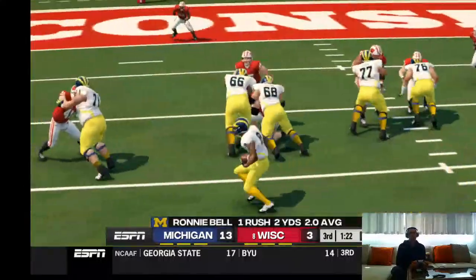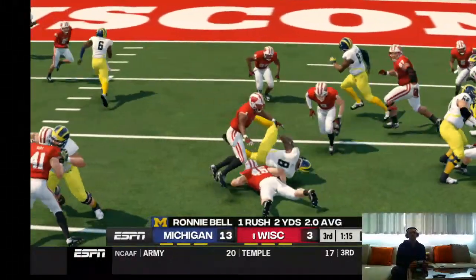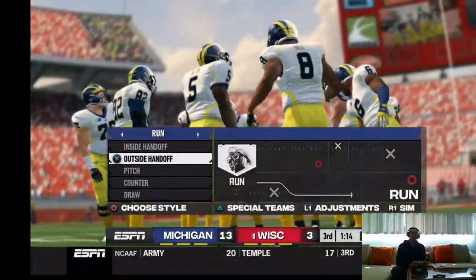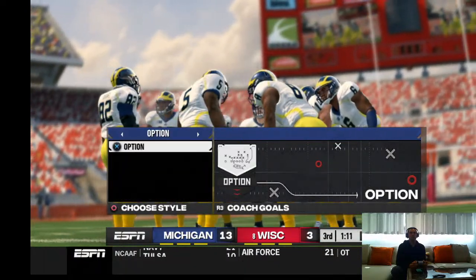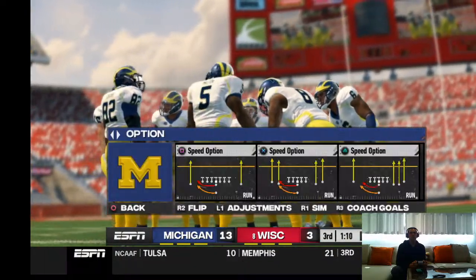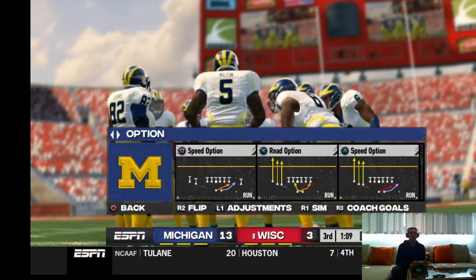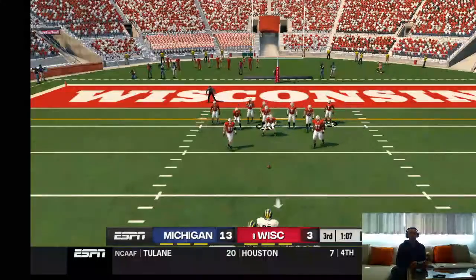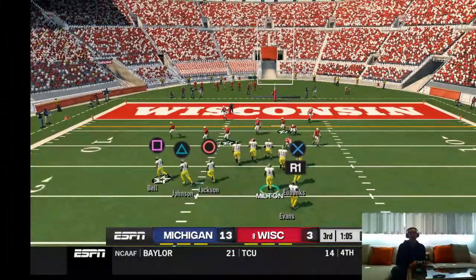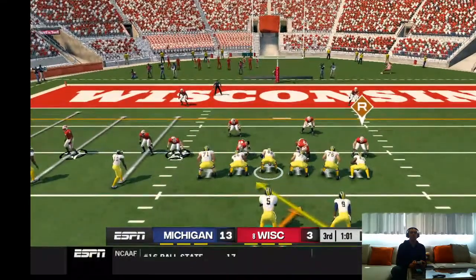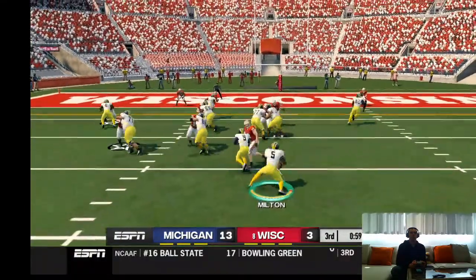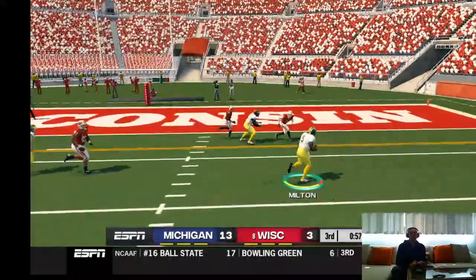Gaining 2 yards. That makes it 2nd and 8. Here's the 8th play of the series. He might have a chance.